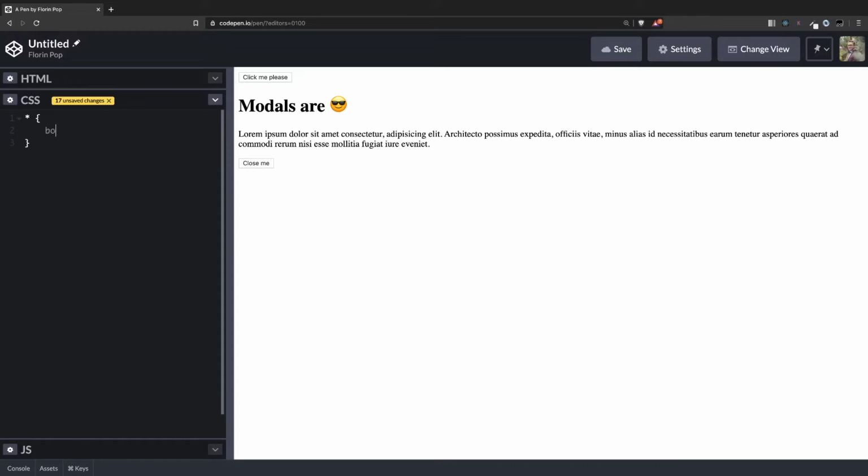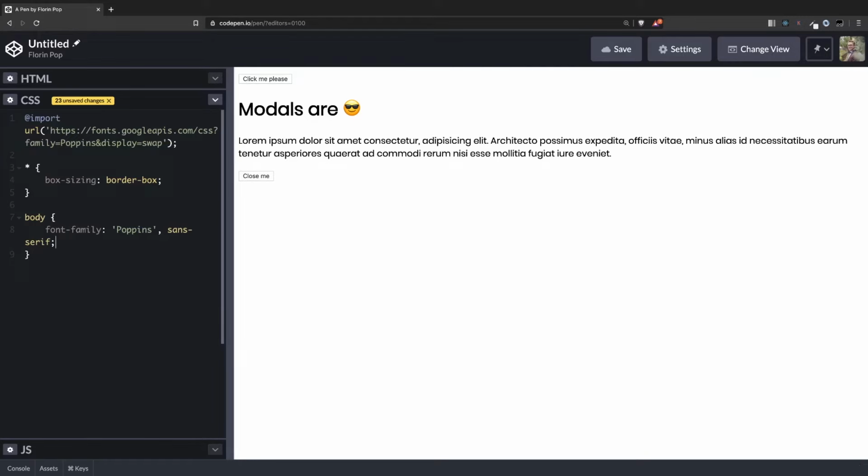First, let's set the box sizing of border box. Okay, let's get a font. We're going to have a font of Poppins, and this font will be applied on the body. Font family, Poppins, sans serif. Now the font is changed and it looks much better. Let's set a background color on the body, EDEEF6,